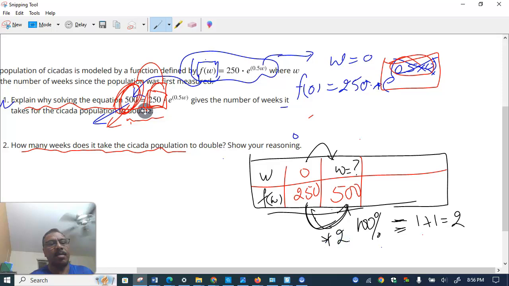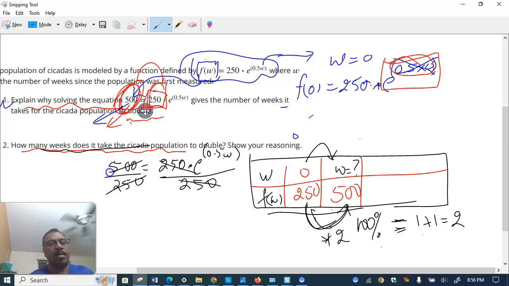So let's see. Now the question is, we need to figure out when this is going to happen. So let's solve this. Let me write this equation: 500 equals 250 times e raised to 0.5w. So the first thing we will do is divide by 250. So this is how we solve it. The 250 crosses out, and the 500 will go twice, so it will be 2 equals e raised to